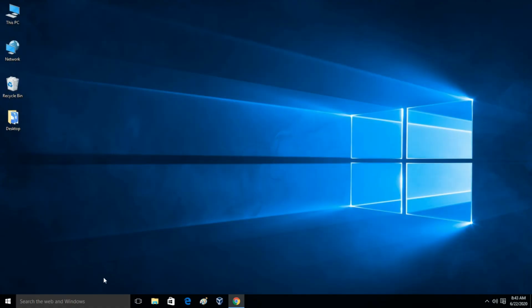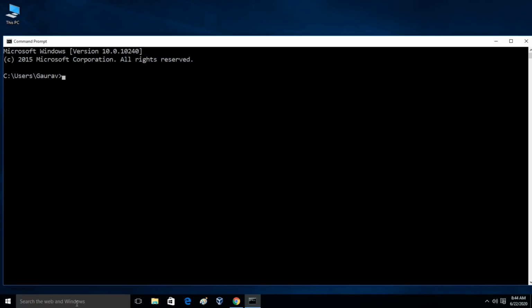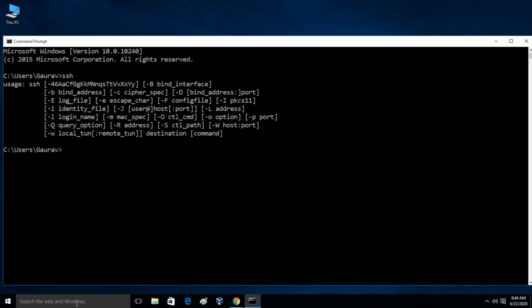Now if we open command prompt and type ssh, it is working now. If I try to SSH to a Linux machine, I am able to. This means SSH is available on the machine now.